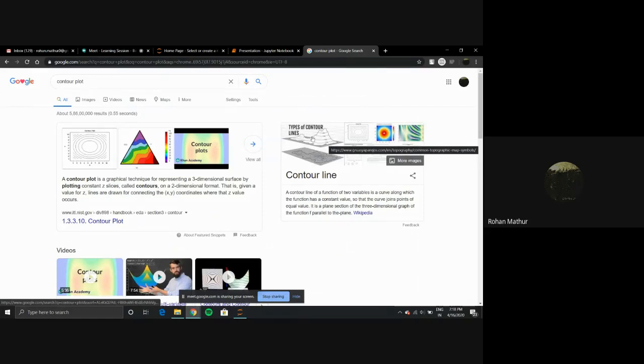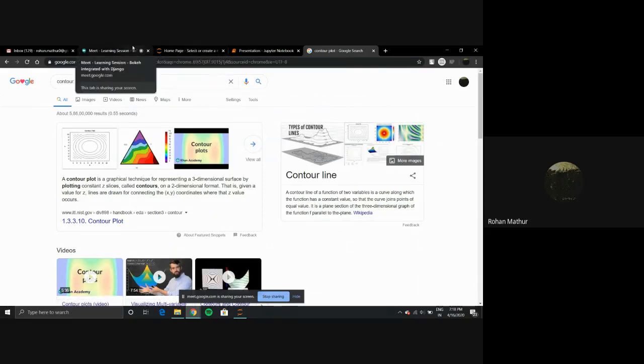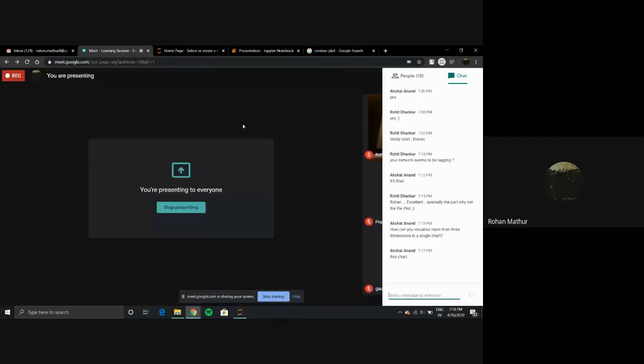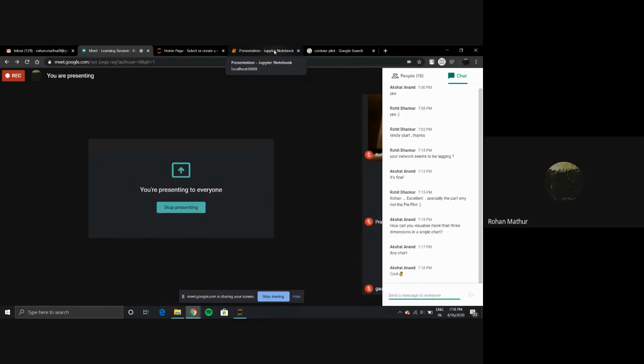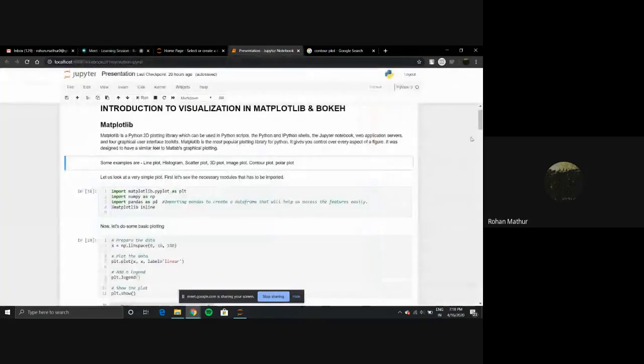So these are the types of representations in 3 dimensions. Any other questions, or shall I continue? Okay, so I'll just continue with Bokeh.